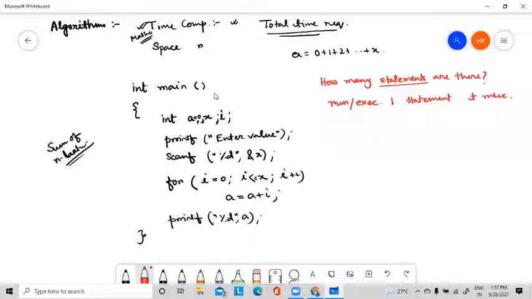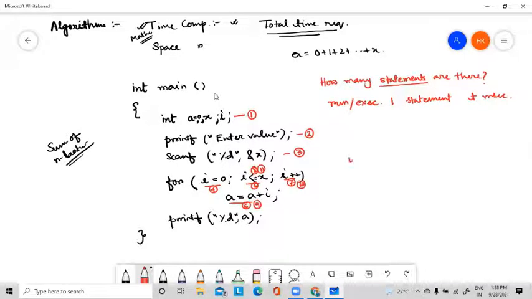So how many statements are there? This is statement number 1, this is statement number 2, this is statement number 3, then this is 4. Then how will the for loop run? First initialize, then it will move for condition checking. So this is 5. Then it will go for this one, 6. Then this one, 7. Again this one, 8. Then this one, 9. Then this one, 10. And in this way it will continue the operation until